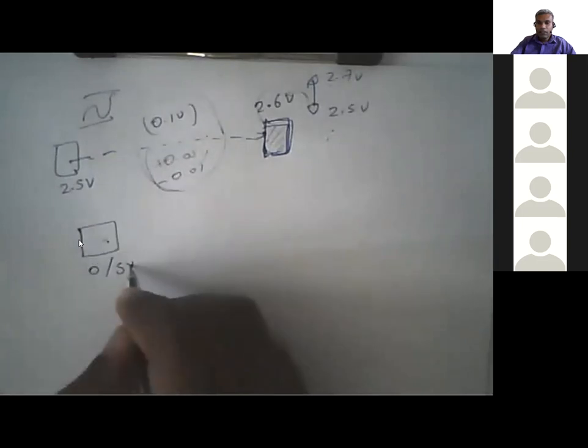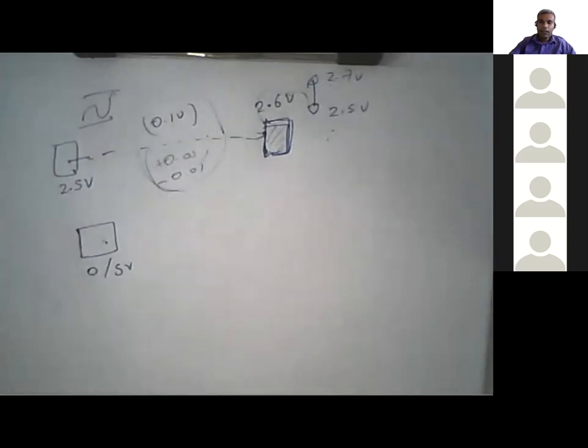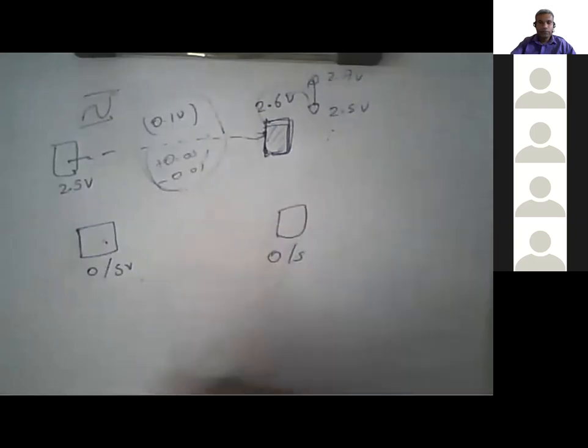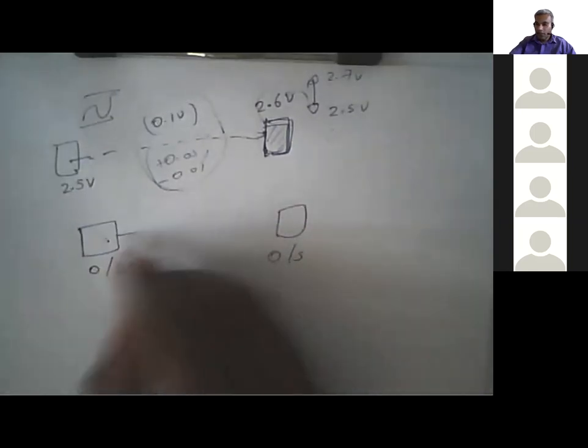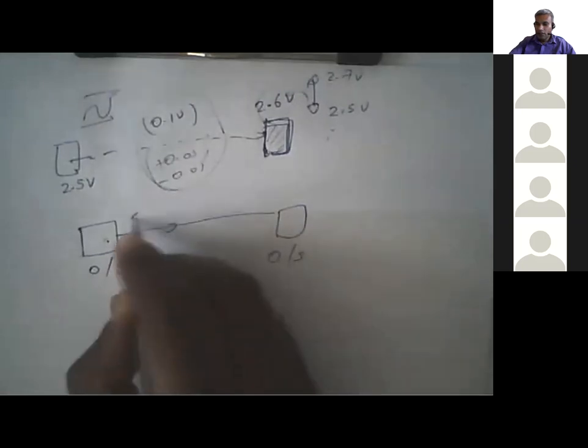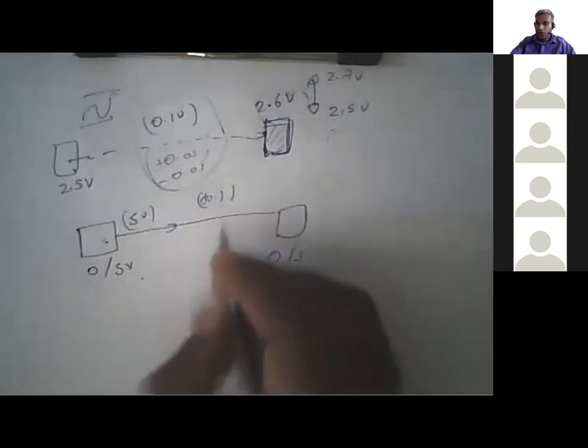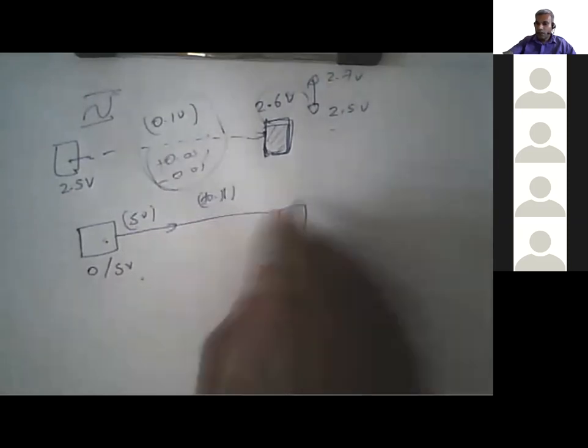Let's say this is digital data, which can be represented by either 0 or 5 volts. And this person also knows it. So now I'm sending the data, let's say 5 volts. Again, 0.1 noise gets added. So now this person receives